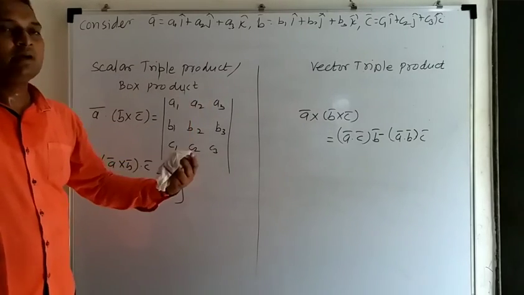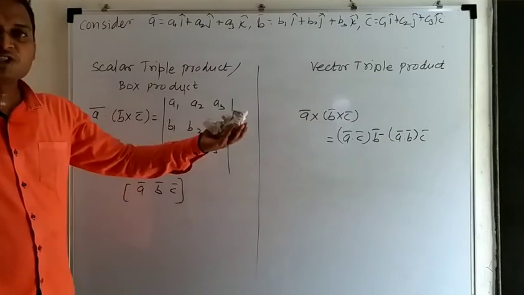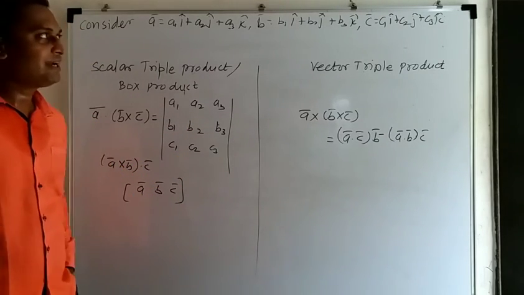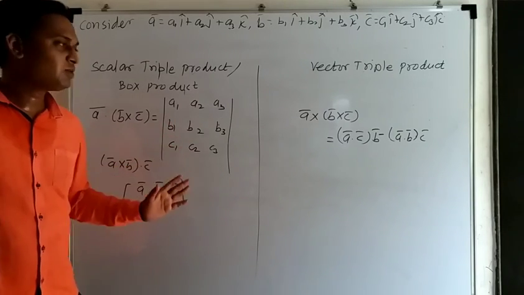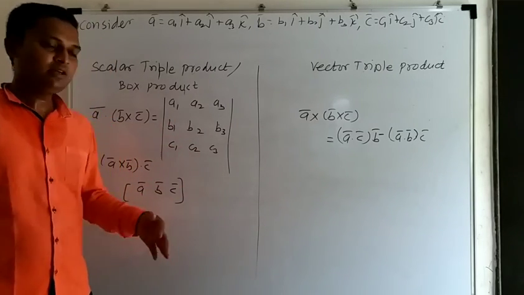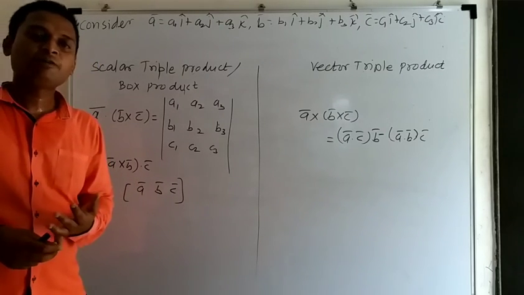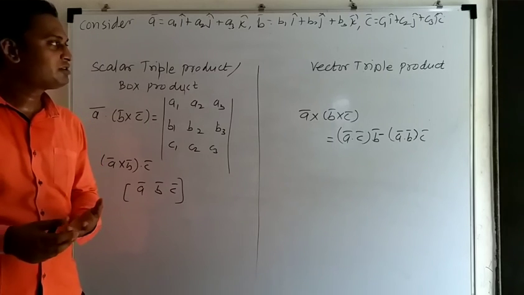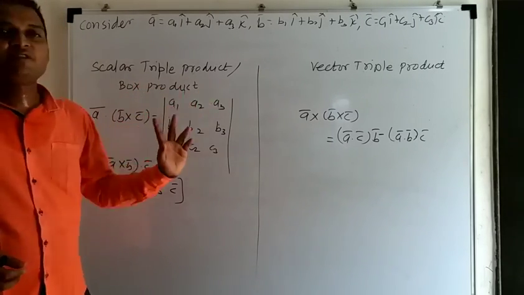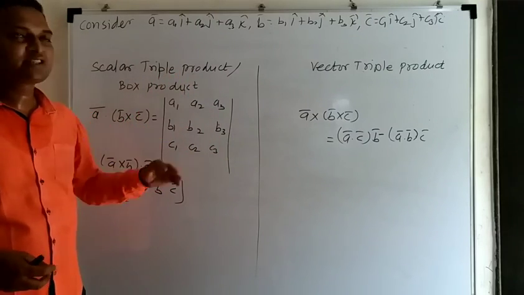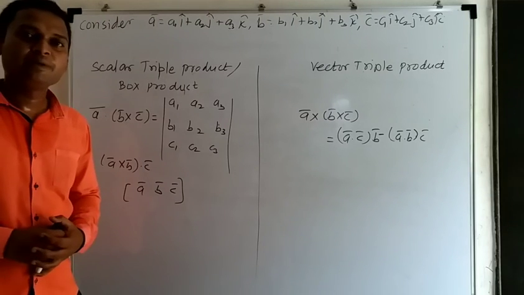In this video, I basically wanted to write the definitions of all the products and the things you must know for studying further topics. Starting from the definition of a vector, after that we discussed the angle between two vectors, then the dot product, the cross product and their properties, then the vector triple product, the scalar triple product and their properties. These things we require for studying the coming topics.